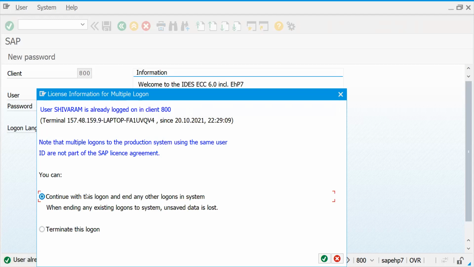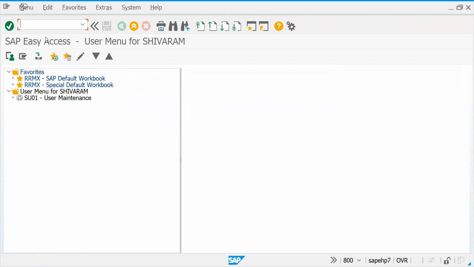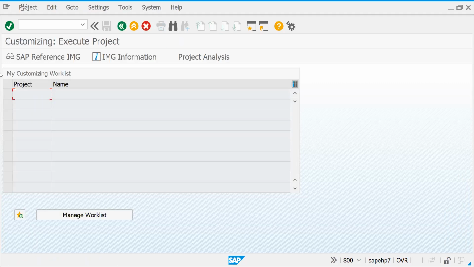Okay. It's easy in SAP or any other technology if you concentrate. The only thing is that you have to put in hard work. Nothing comes free in this world.